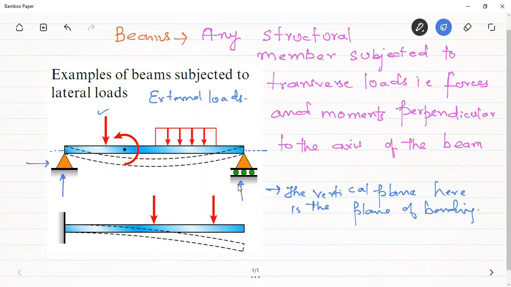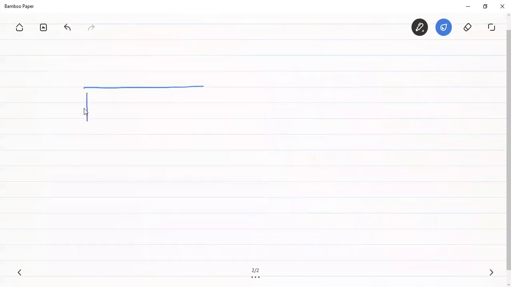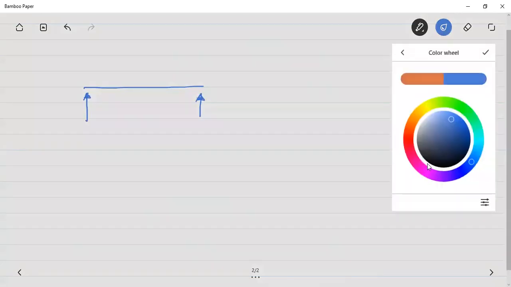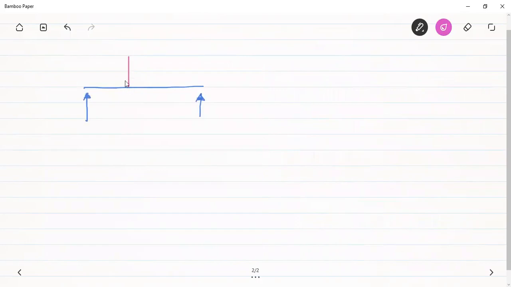But for a beam, to see whether it will fail, we have to see the internal loads as well. We have to see the internal forces as well. On account of these external forces, there will be some internal forces as well. Suppose I take an example of any beam. Suppose there is a support here, another support here, and a point load acting at this place. This is the reaction at A, this is the reaction at B.